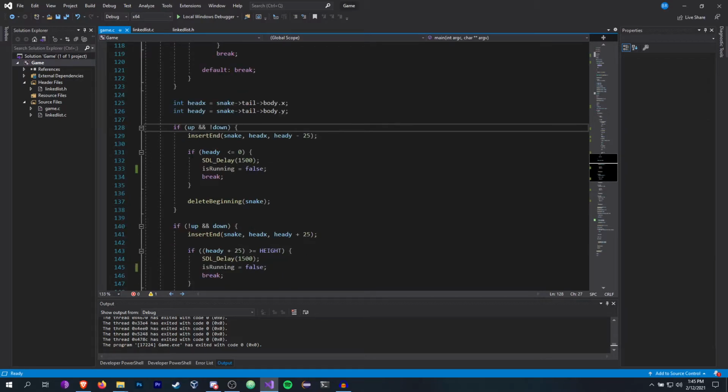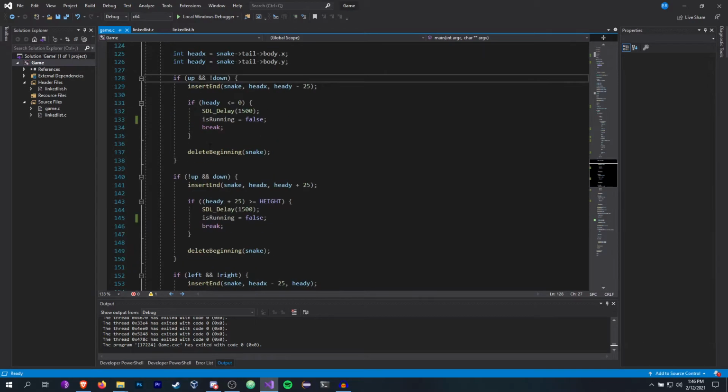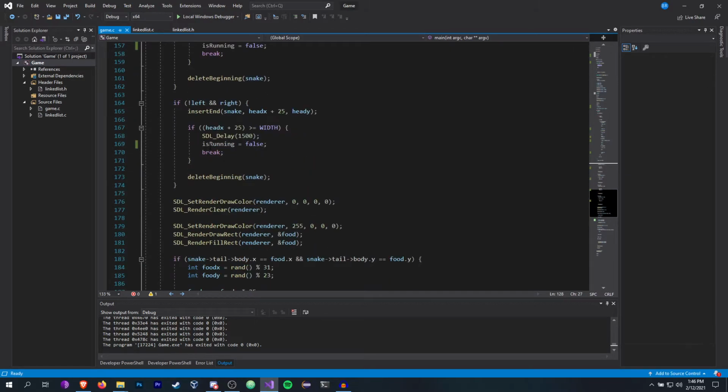And then right here, I have, I believe, what is this for? This is the check. Oh yeah, this is the collision detection. So it basically looks to see if the new head that's been inserted is beyond the scope of the window. And if it is, then it's gonna end the program. And I have a little delay here, and that's it. Pretty much just does that for every single